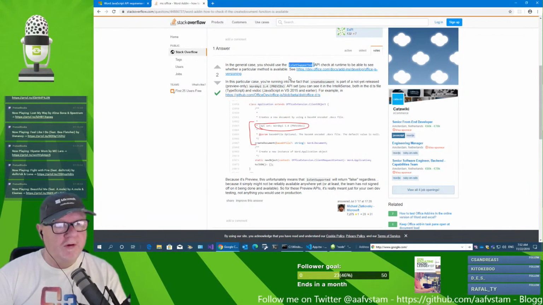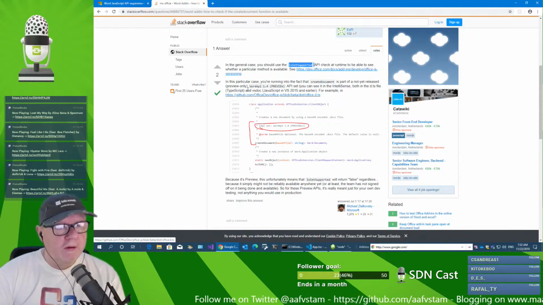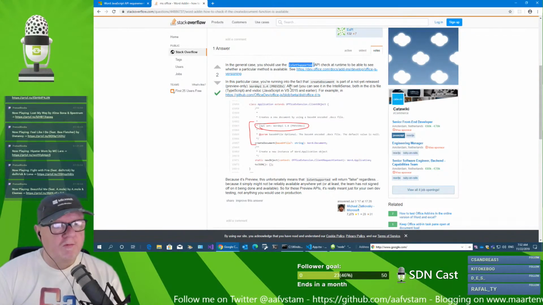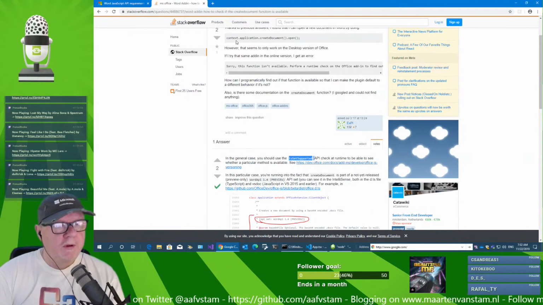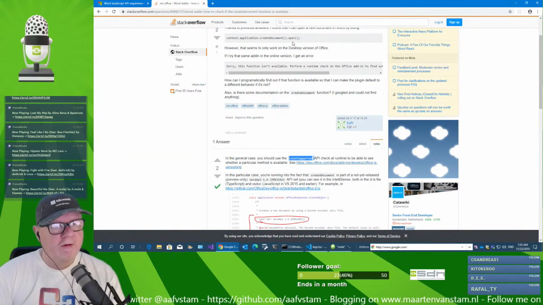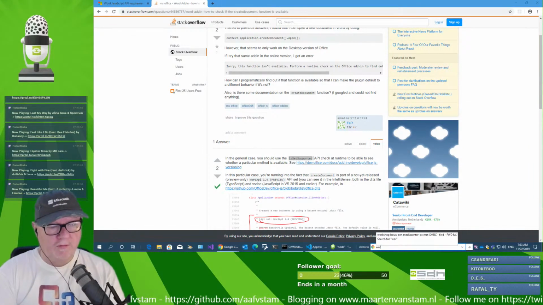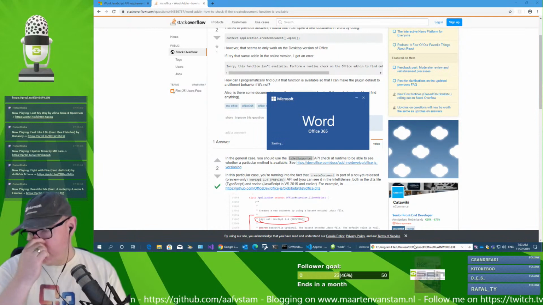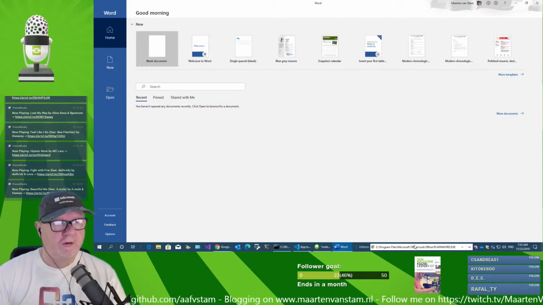In this particular case you're running into the fact that create document is part of the not yet released preview only Word API 1.4 API set. You can see this in the IntelliSense. Context application create document. Let's click in Word. Word. Interesting to see how this is showing in the